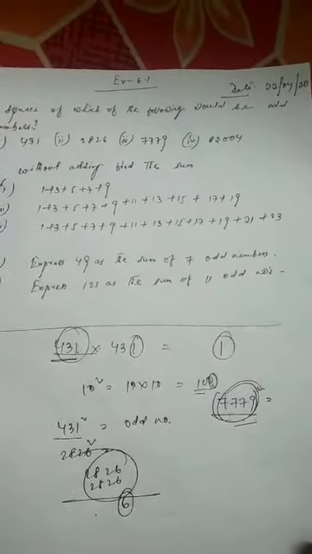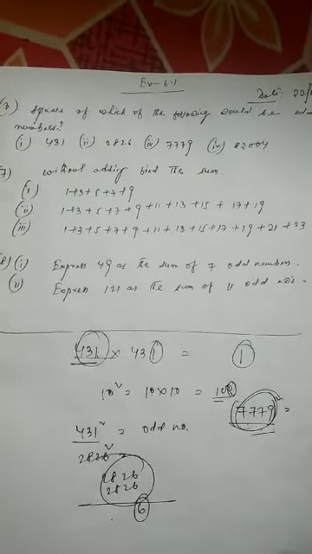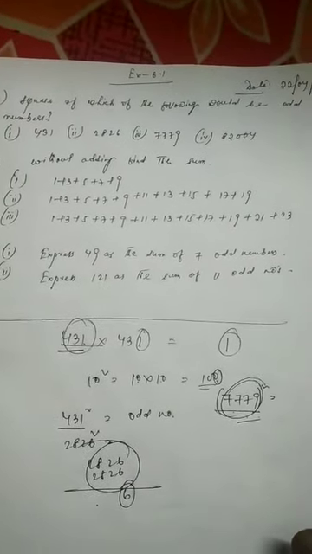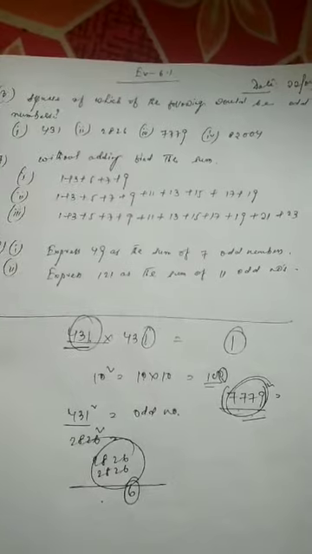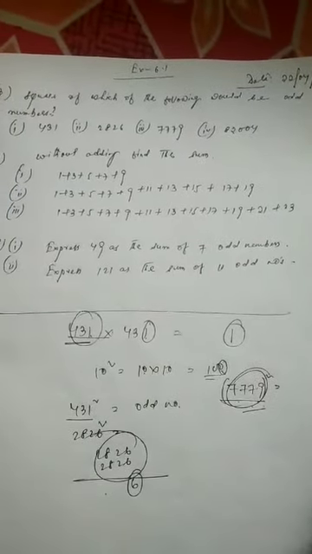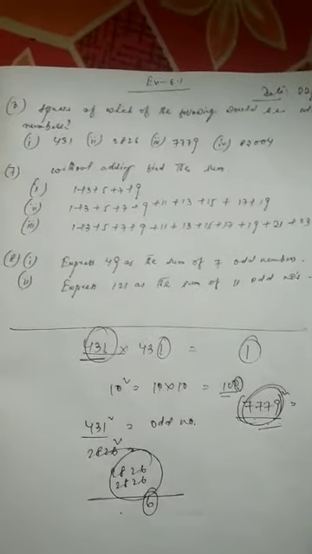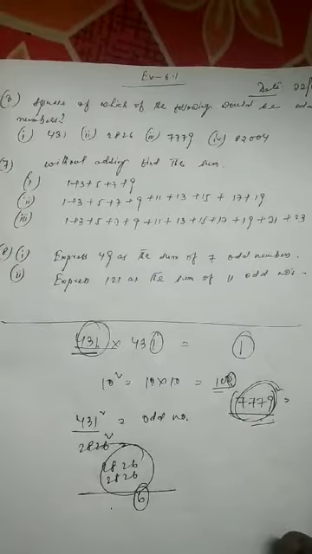So here, children, in between there are questions 4, 5, 6. These 3 questions are pattern-based questions. These are really very easy. You just try once. If you have a problem understanding, your sir will always be there next to you to help you out. So what I want you to do is go for 4, 5, 6 on your own. These are pattern-based questions and really very easy to understand.